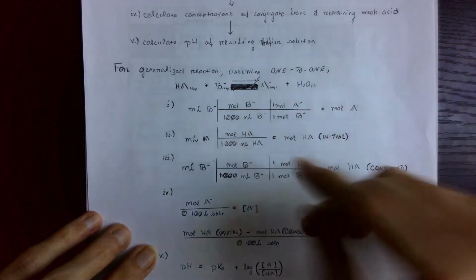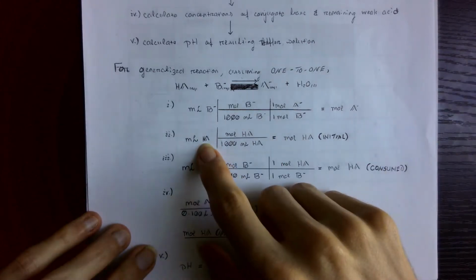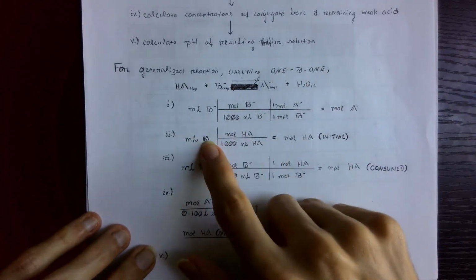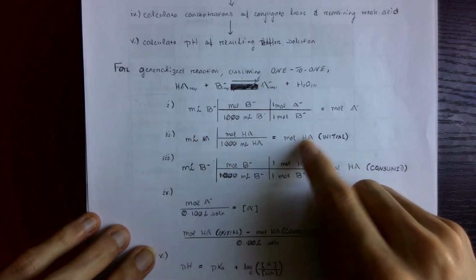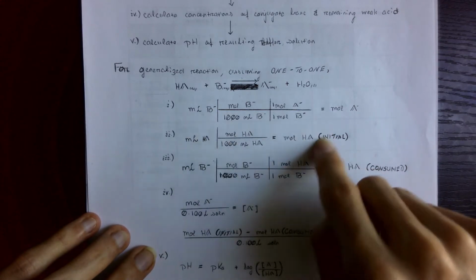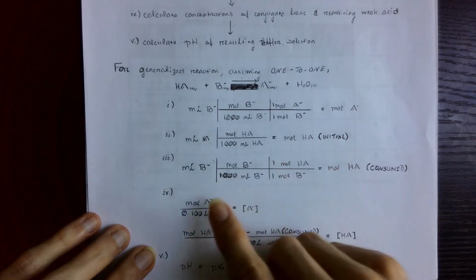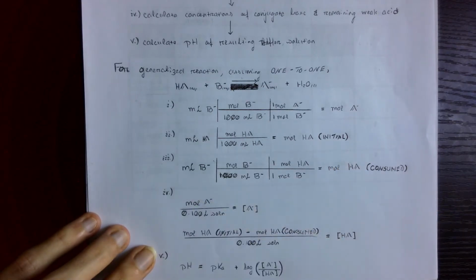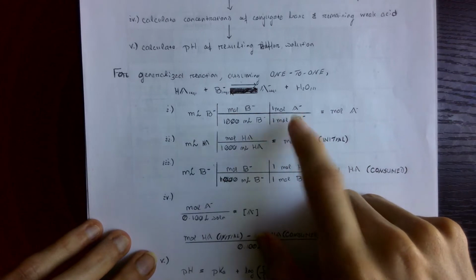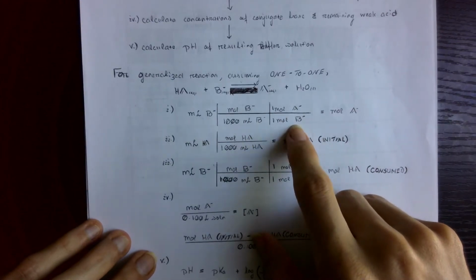You're given a table, and it tells you the concentration and it tells you the volume. So all you have to do is just standard milliliters to moles, and that gives you your initial weak acid. To figure out how much you consumed, it works out to be the same calculation as the conjugate